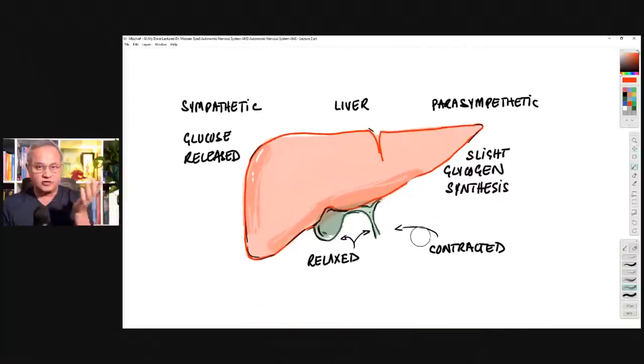What do you think would happen to the liver? What is happening in the sympathetic system? We are running. If we are running, we need glucose. Who needs glucose? Muscles. So what would the liver do? The liver should make more glucose. So the liver would start breaking down the stores of glucose, so glucose will be released. Glycolysis would occur. Number one. Number two, if there is any glucose present, it is going to start metabolizing and giving that over. At the same time, the bile system will relax so that the bile flow can occur.